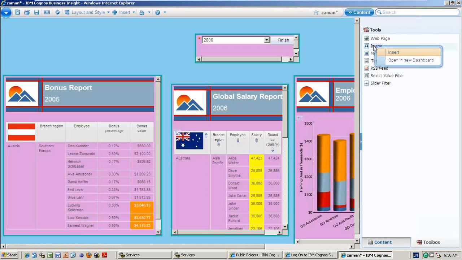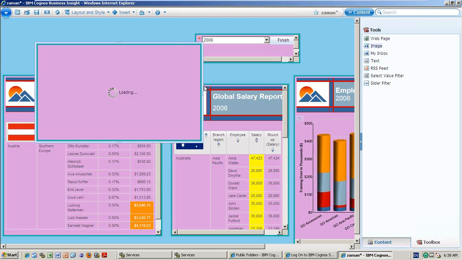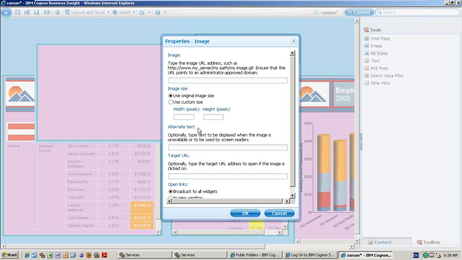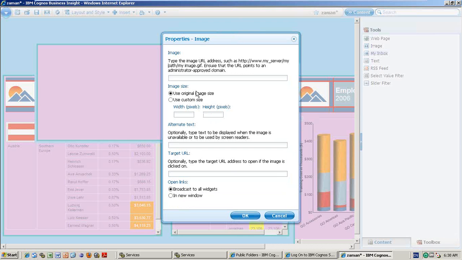And image, right click and insert the image. So I want to insert an image of RVH Technologies. This is our company name. See, you can write here the image URL. If it is available in the server, you can put HTTP, all those things.